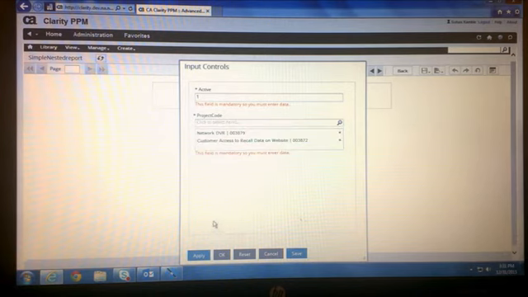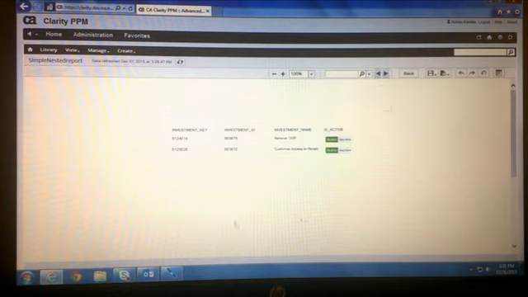So it can be an image or any other data. So the images are shown.